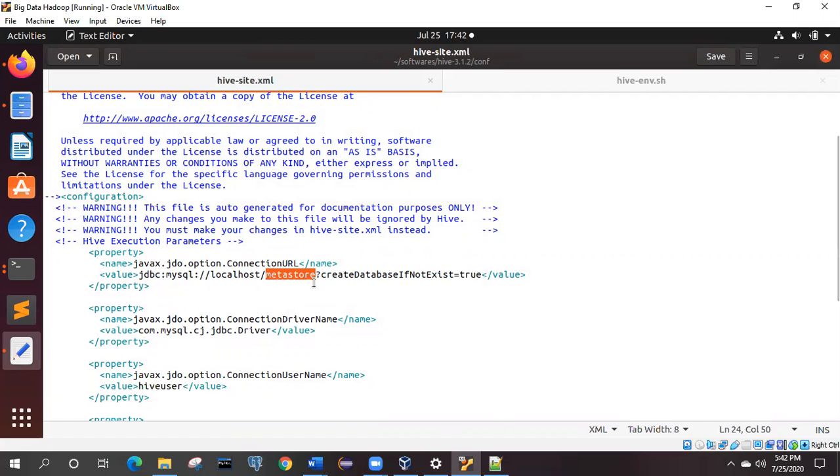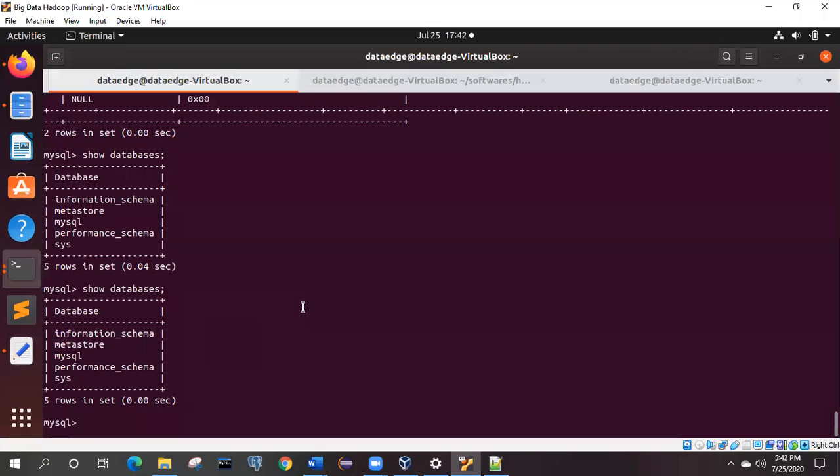Suppose it is already present, then you cannot give this command, create database if not exists. You can directly give create database, that will also work. So all my Hive related information will be stored over here in the metastore. So let's make use of this metastore database now.